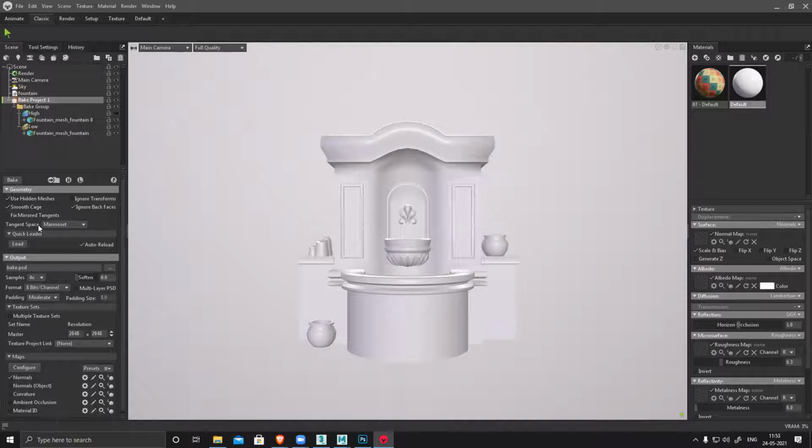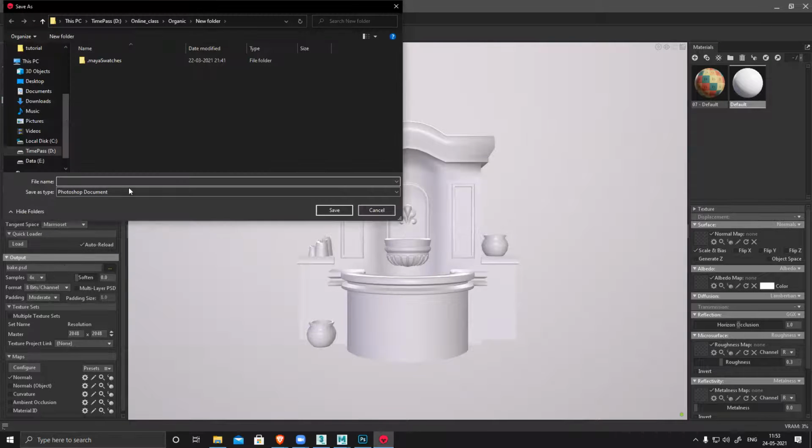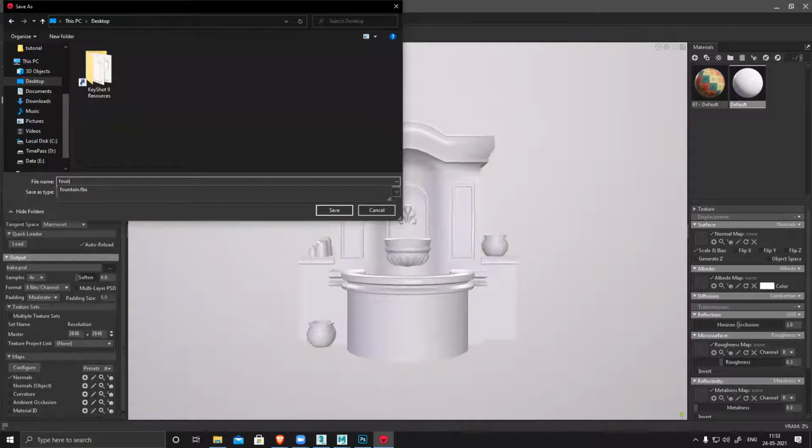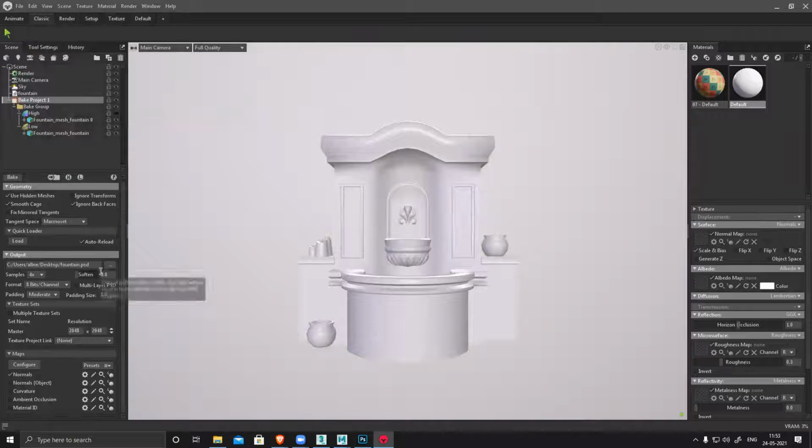What I want to bake, I have to select that, and the output path, I'm using the desktop. I can name it fountain, or whatever name you want to give. The size of the map is right now 2K, increase it to 4K.